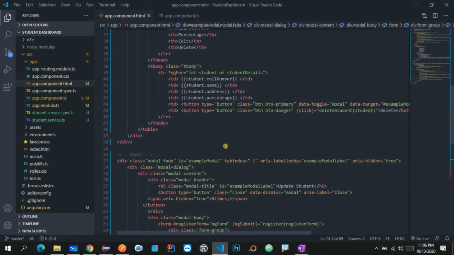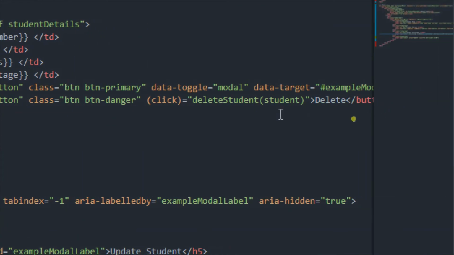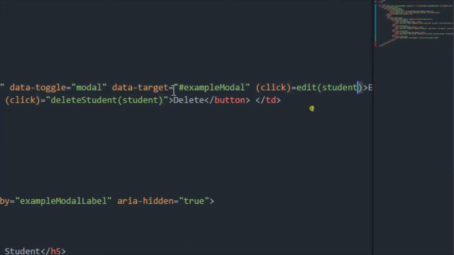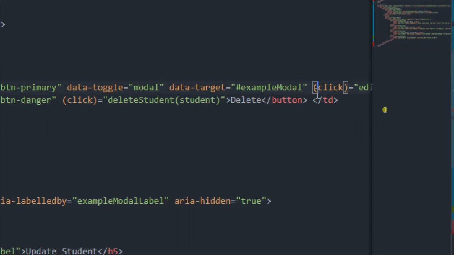Let me go to the edit button, and over here let me add a click event. The method name is edit, and the data that I want to pass is student, so let me write student in double quotes. How is this student coming?